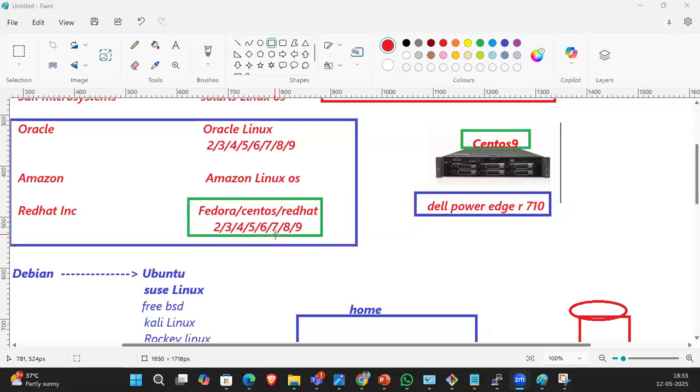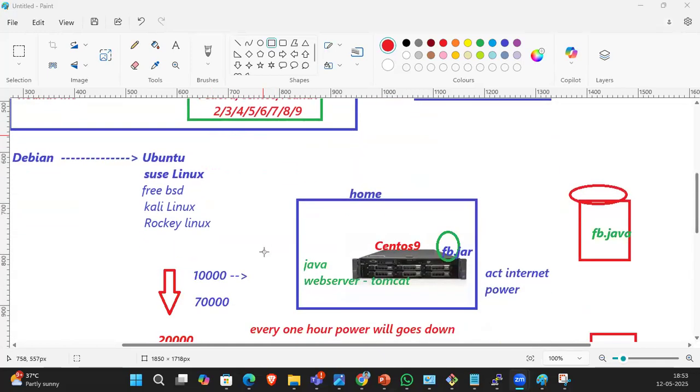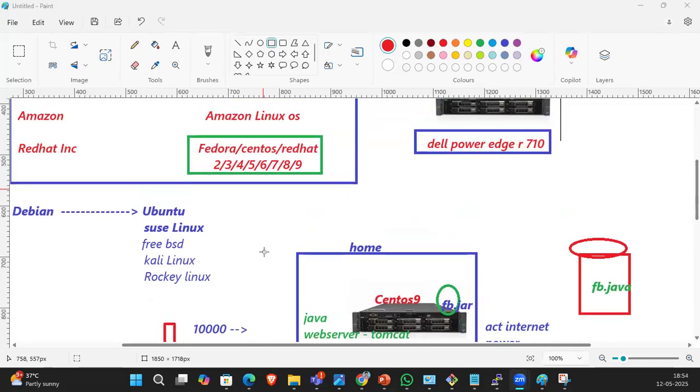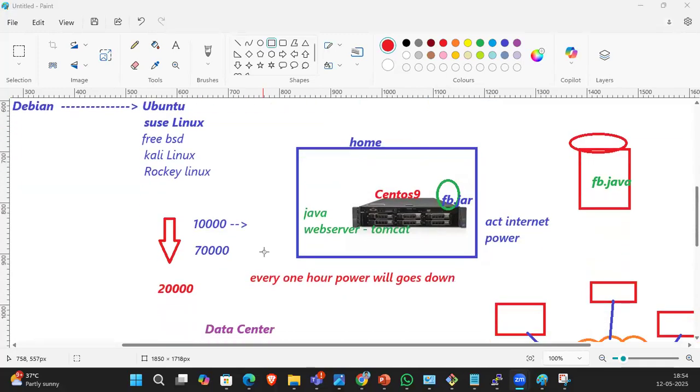Yeah, the duration is 30 days. Sir, actually, I did RHCSA, but still I want to learn from you, sir. It will be added knowledge, so it will be a good option for me. Sir, what is your suggestion? Yeah, it will be a very good option. I have seen some other courses and your course also. You are covering maximum topics, but sir, will 30 days be enough? Yeah, 30 days is enough. We will cover all the topics. No worries. Okay, sir. Thank you so much, sir.